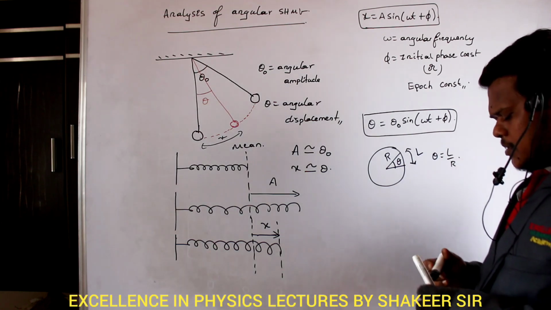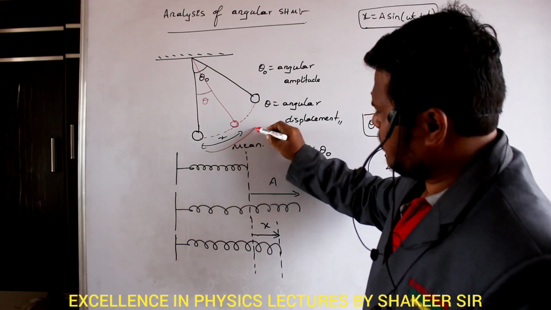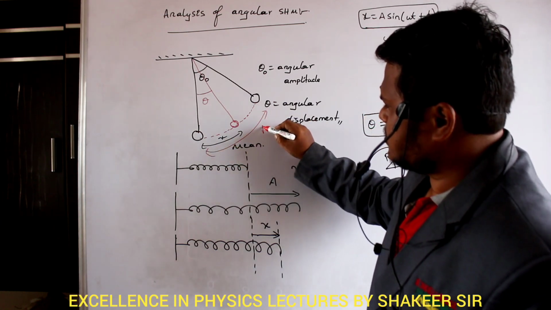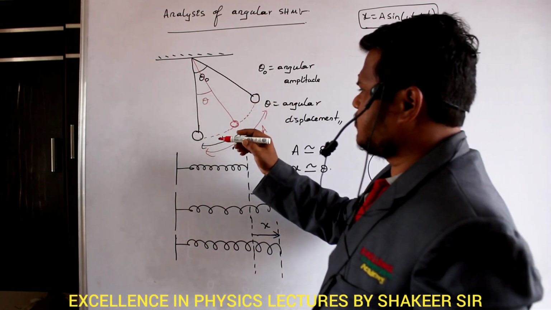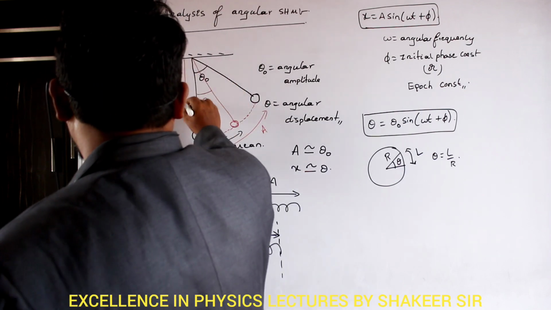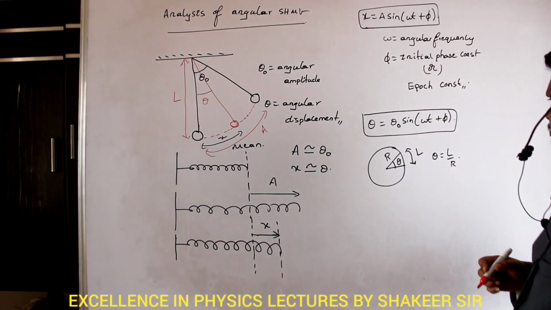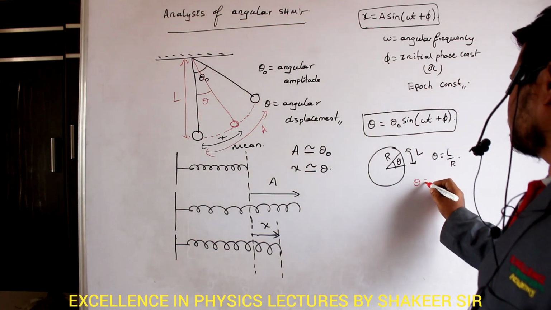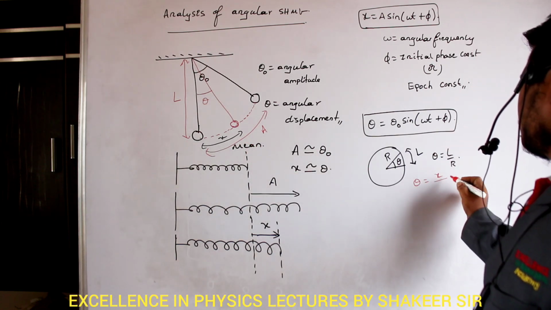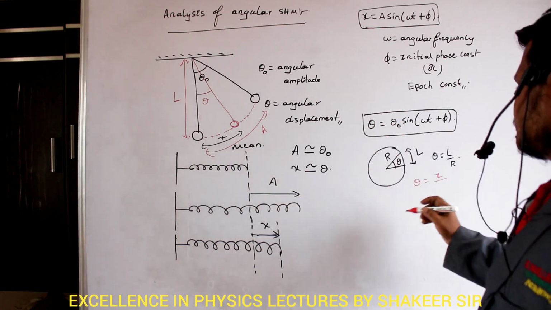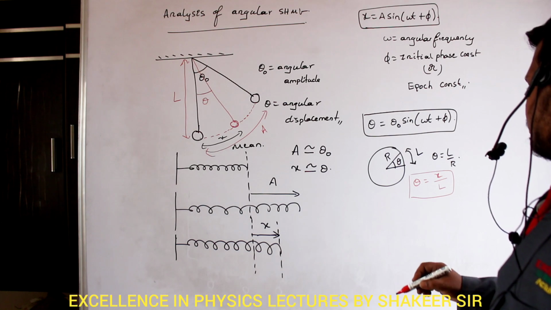Okay? Similarly, if this distance is x, then the displacement of the maximum amplitude, I will call it A. Then how can I write the relation between theta, L and the total length of the pendulum? Let the total length of the pendulum be L. So how can I write the relation? Theta is equal to L by r. So theta is equal to the length of the arc, here x, divided by r. What is r? r is nothing but the length of this simple pendulum L. So theta is equal to x divided by L. I can write it like this.